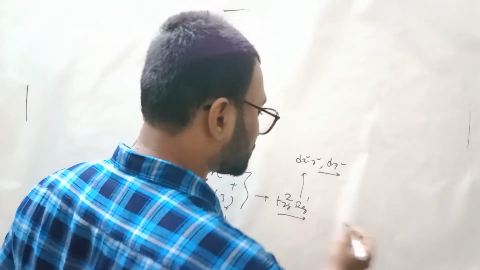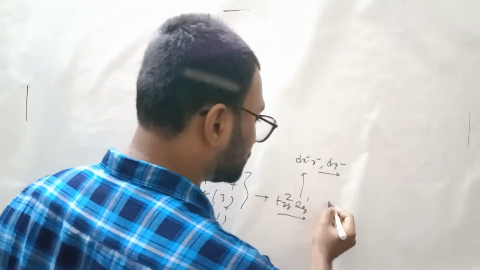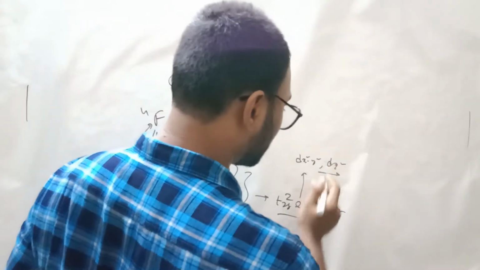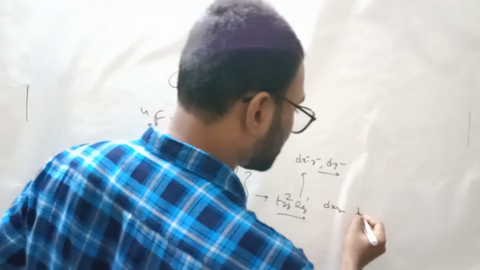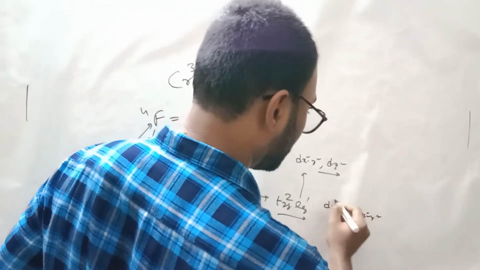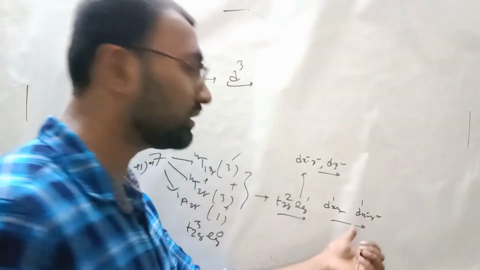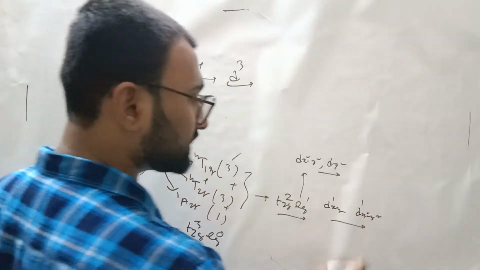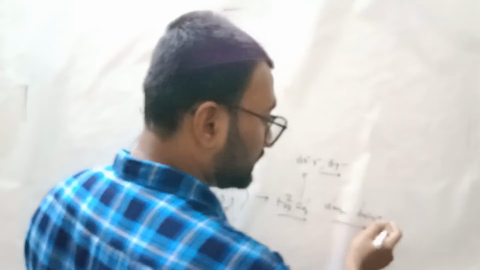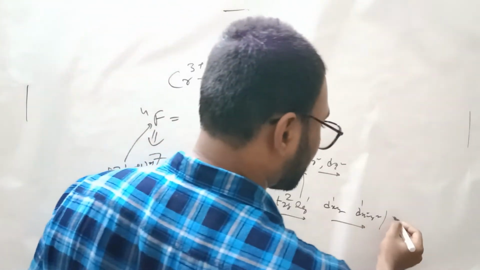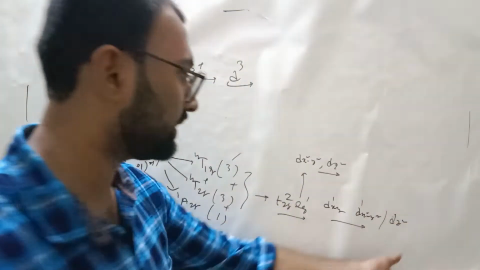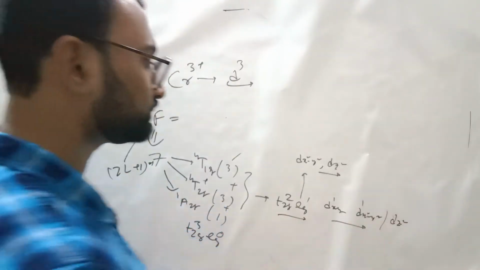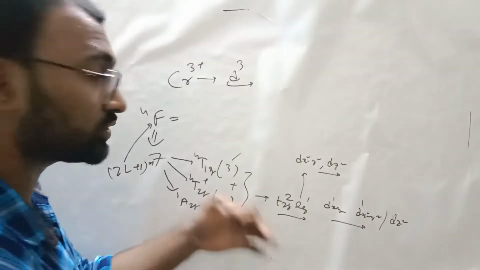So you see, suppose the first electron in T2g comes in dxy, and the second electron in Eg comes in dx²-y², then there will be more repulsion because the two orbitals are in the xy plane. So if in place of dx²-y² the electron comes in the dz² orbital, then there will be less repulsion. Understood now? That's why two terms arise,